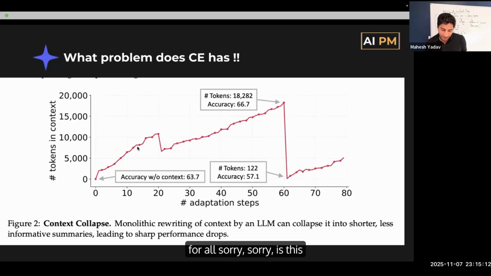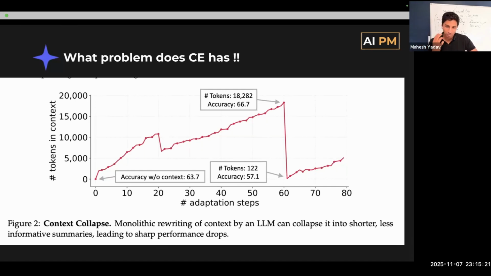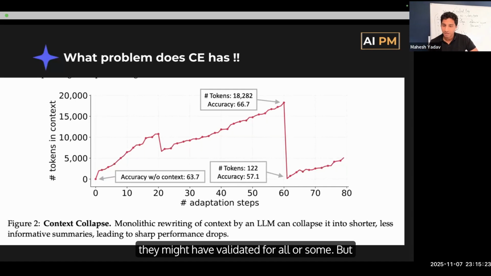Sorry, Mahesh, is this for all LLMs or specifically for GPT-5? I think they ran experiments, right? So they might have validated it for all or some. But the idea was that the larger the conversation goes, the higher the chance of you filling this context with junk, and eventually it breaks. And after that, your LLM has to start from scratch in accuracy, which for a user will be a very surprising event. Here you're just looking at a graph, but here suddenly it asked me, hey,